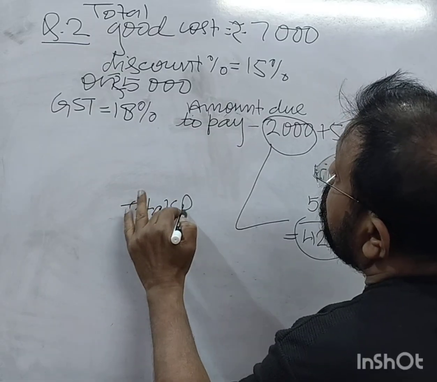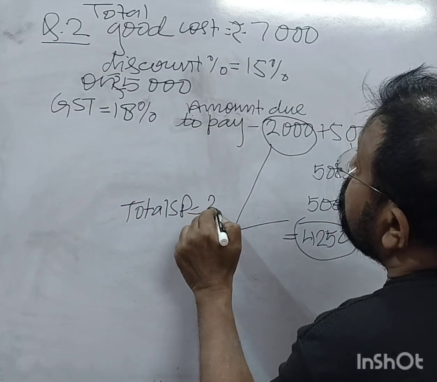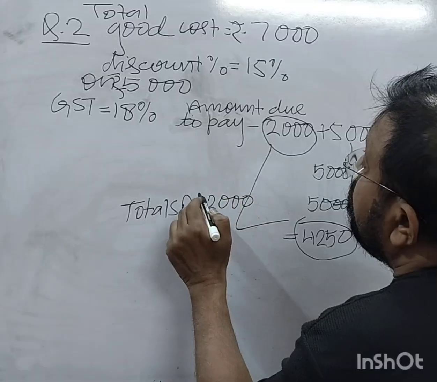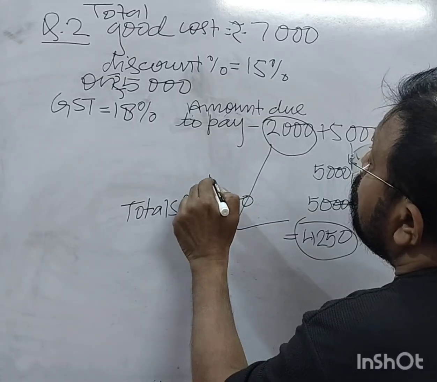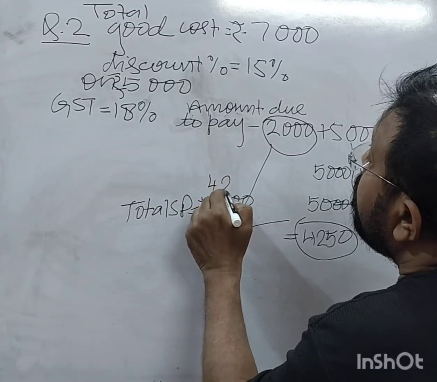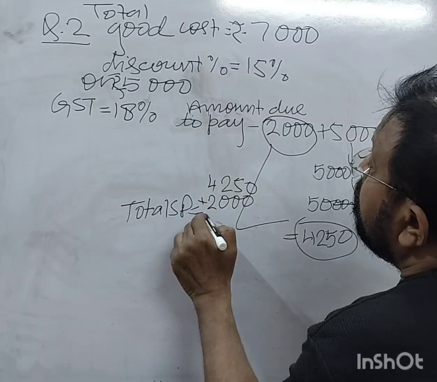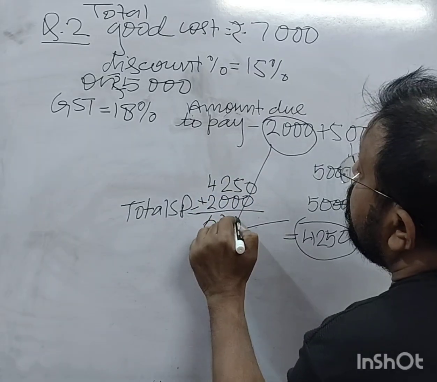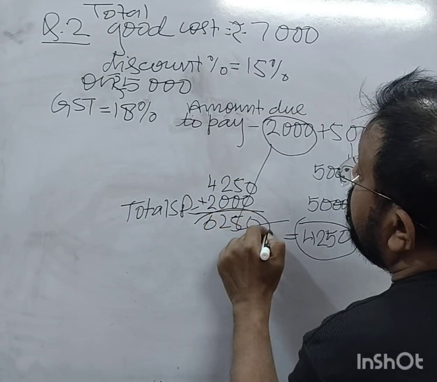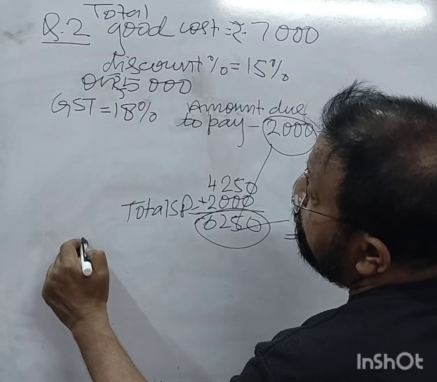Total SP is equal to 2000 plus 4250 becomes 6250, right? Now net SP is equal to